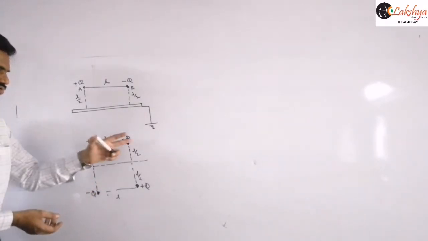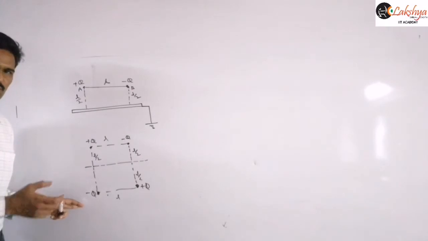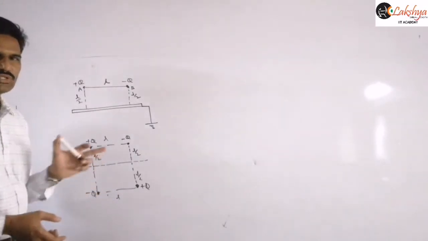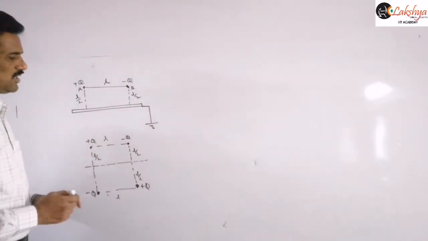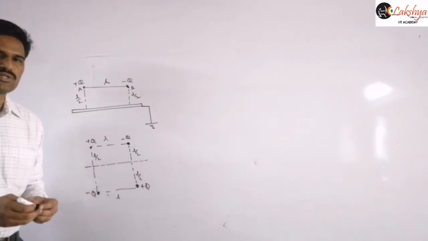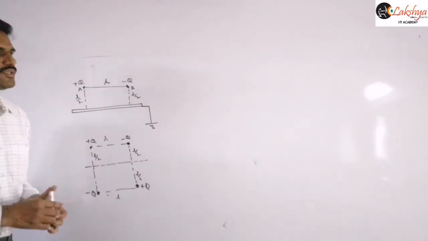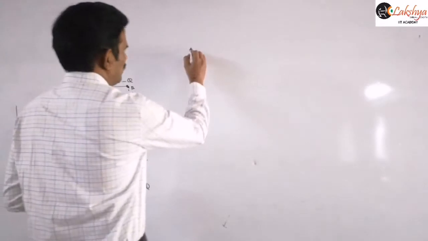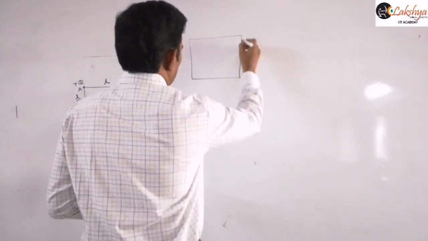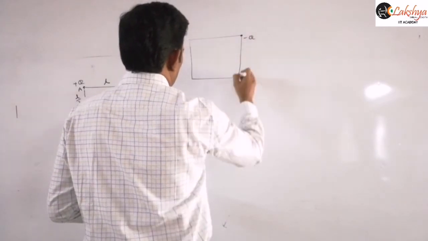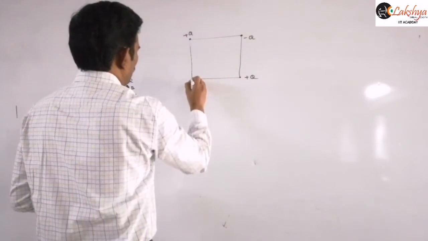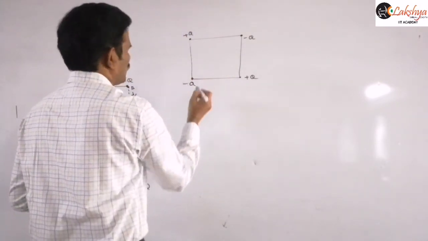These two diagonally opposite charges are having the same nature, minus q and minus q, identical here. Now our only question is to find the force acting on this. We already know the principle of superposition, and you can apply it there. Like simply I am taking the situation like this: this is the minus q here, this is the plus q, this is the plus q, and here it is minus q, right?